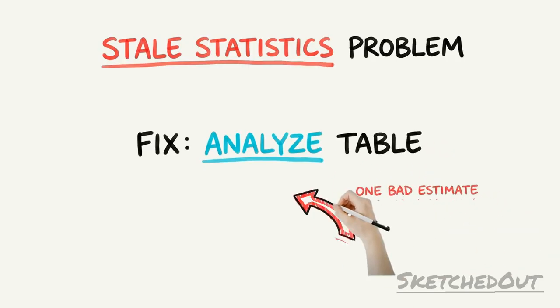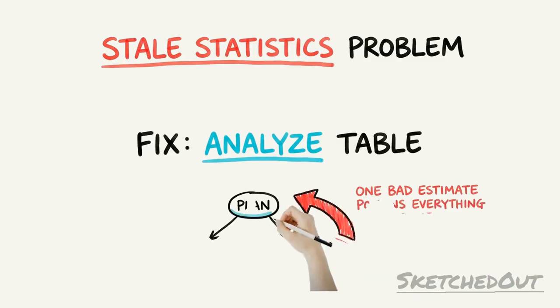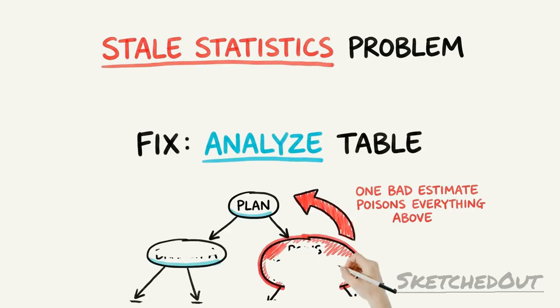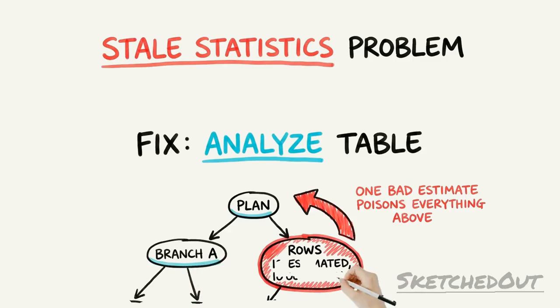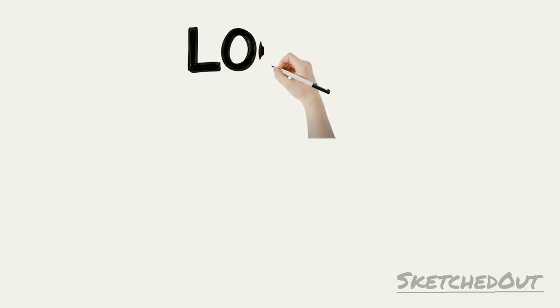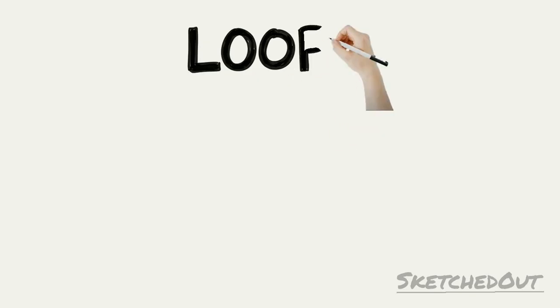A plan tree with one node highlighted red, labeled rows: 10 estimated, 10,000 actual, with an arrow up to the parent node showing a wildly wrong join choice, captioned, one bad estimate poisons everything above. Beyond that one number, a few other things in the output are worth naming because you'll see them constantly and